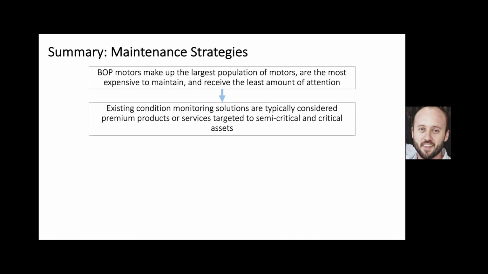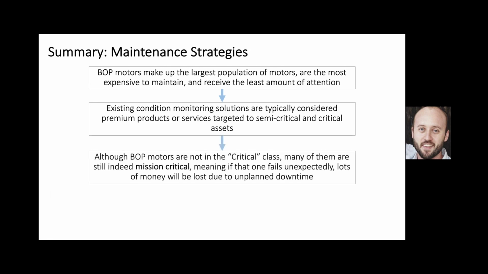There are lots and lots of new solutions coming to market right now, and over the last probably 5 years, we've seen a lot of breakthroughs in lower cost condition monitoring solutions that we can actually use on the balance of plant motors. So we are starting to see this trend in maintenance and in condition monitoring where we're starting to see technology that's high enough performance at a low enough price point come in so that we can start to blanket an entire factory and at least get some level of visibility into what's going on in every piece of machinery. And we're going to dig into that point a little bit later in one of the other sessions